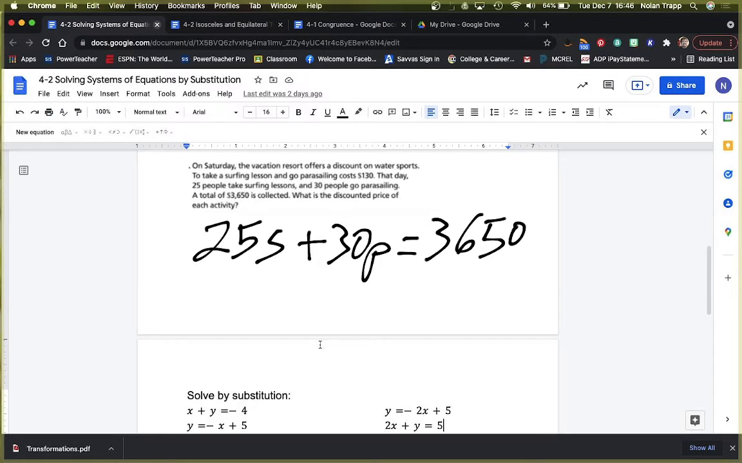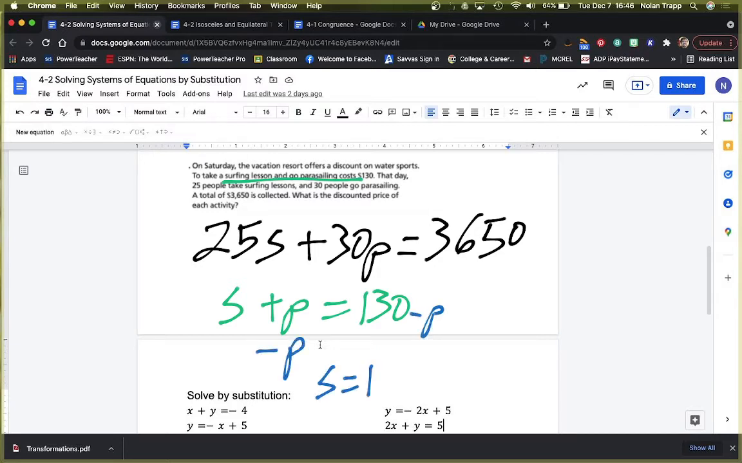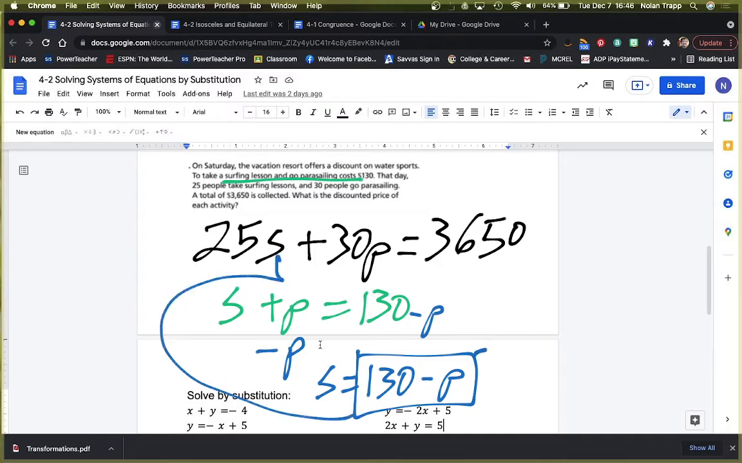Then, we go back to the original statement. It said surfing plus parasailing was equal to 130. Now this one, it's kind of harder to substitute, but all it takes is one step to make it possible. If I subtract the p, I now have an equation where s equals something. So I can take this, plug it in for s,